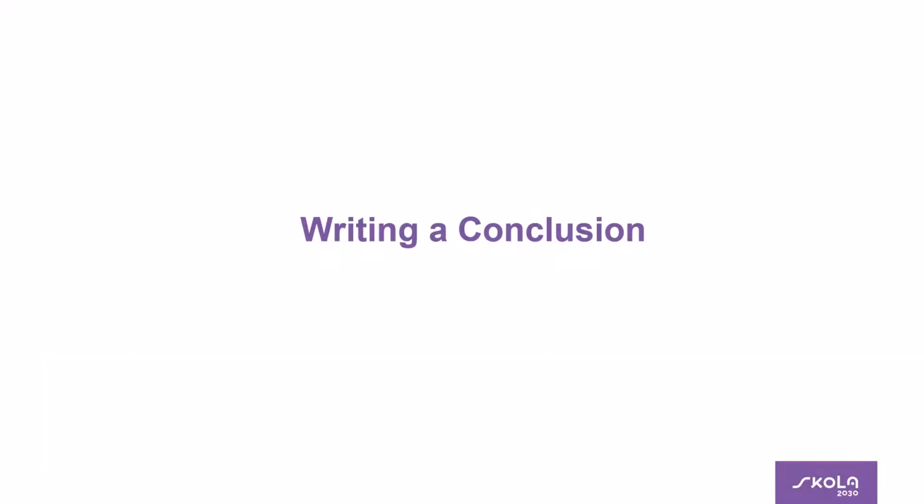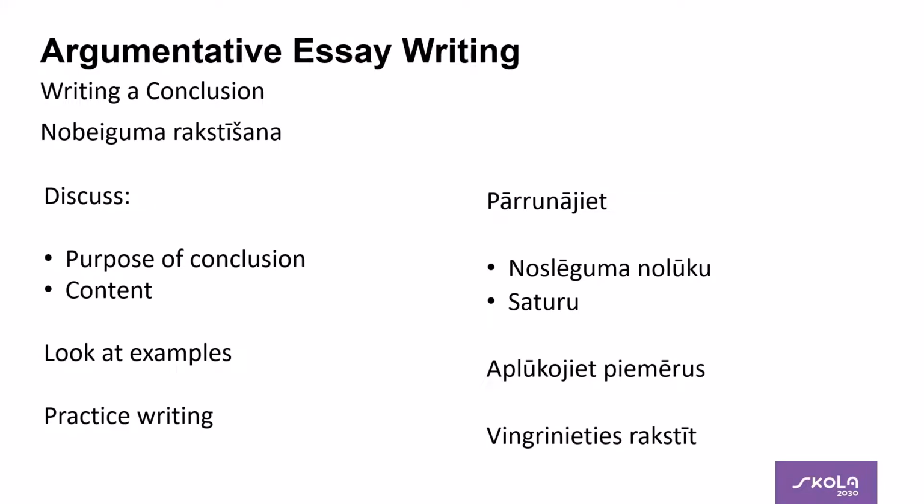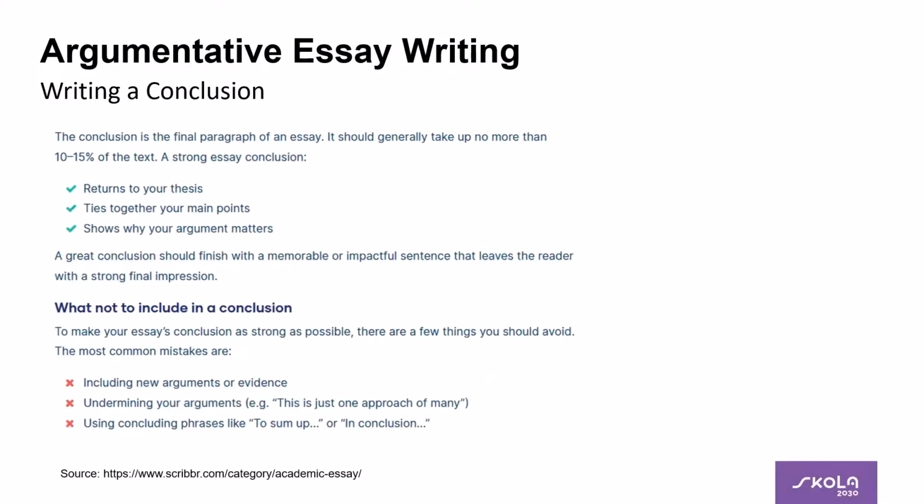Then the conclusion. And the conclusion needs to be clearly marked, not just running on from the previous paragraph. So leave a space or clearly indent the first line so it's clear it's a new paragraph. Leaving a space is the safest thing to do. So in the conclusion, about the conclusion, we need to discuss the purpose of the conclusion, the content, look at examples and practice writing. So the conclusion, here I've got an extract from a website which you can visit, and